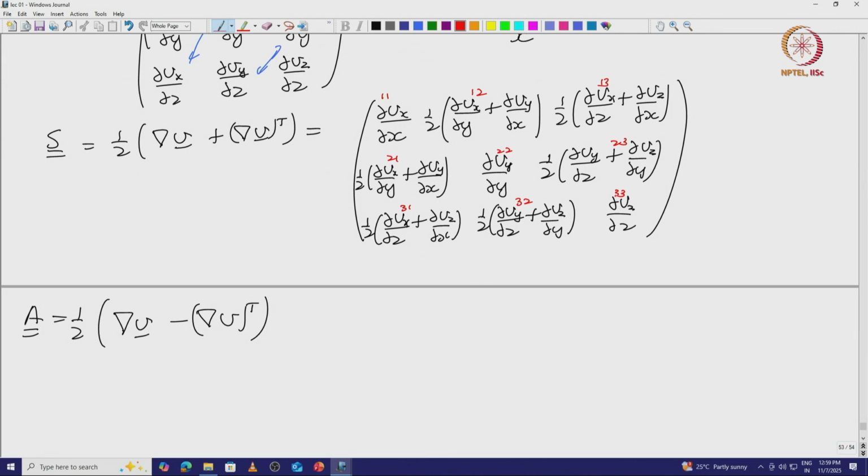of this matrix. Similarly, I can write it for the antisymmetric part. Note that for the antisymmetric part, the diagonal elements are all 0. So, this will become diagonal will be 0, half of